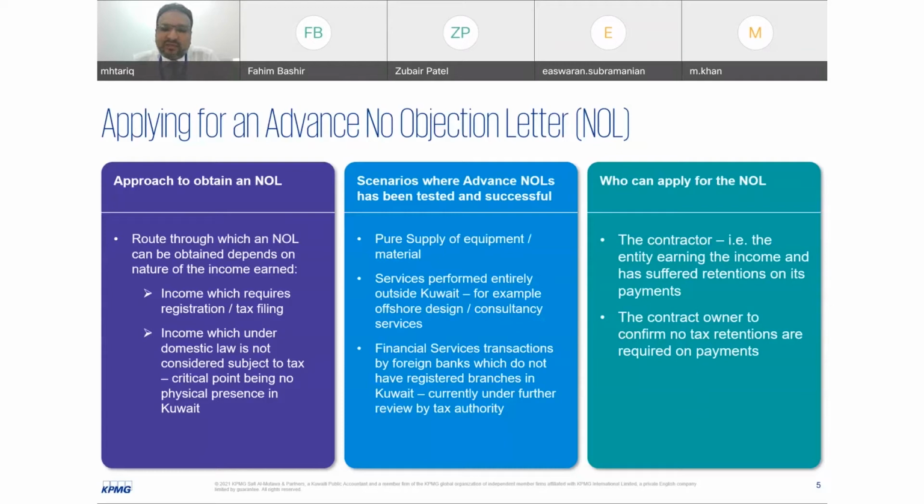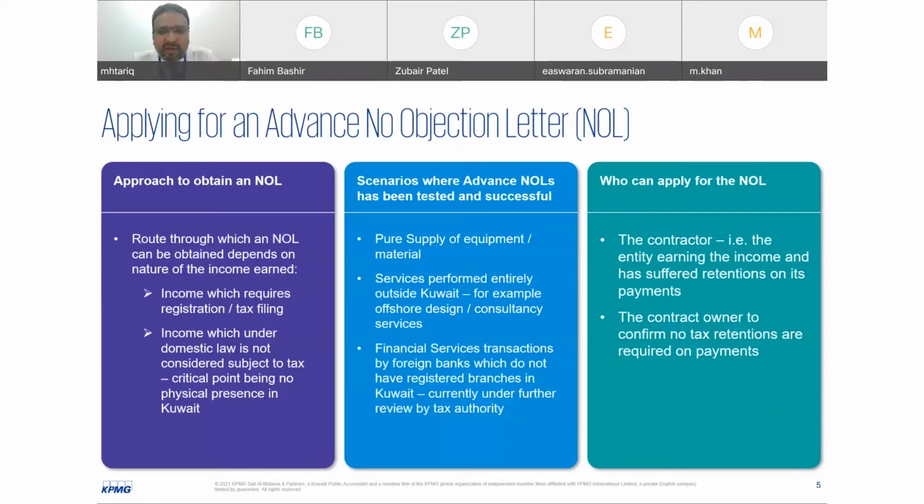But we have seen cases where contract owners or customers have some commercial reasons because of which they cannot retain 5%. Sometimes they have global discounts agreed with certain suppliers, and for that purpose they cannot hold this 5%. If it were withholding tax, definitely that would be applied. But because this is a temporary retention and sometimes margins are very low, from a business perspective it's not suitable for the companies to retain 5%. So for that, there are some implications.